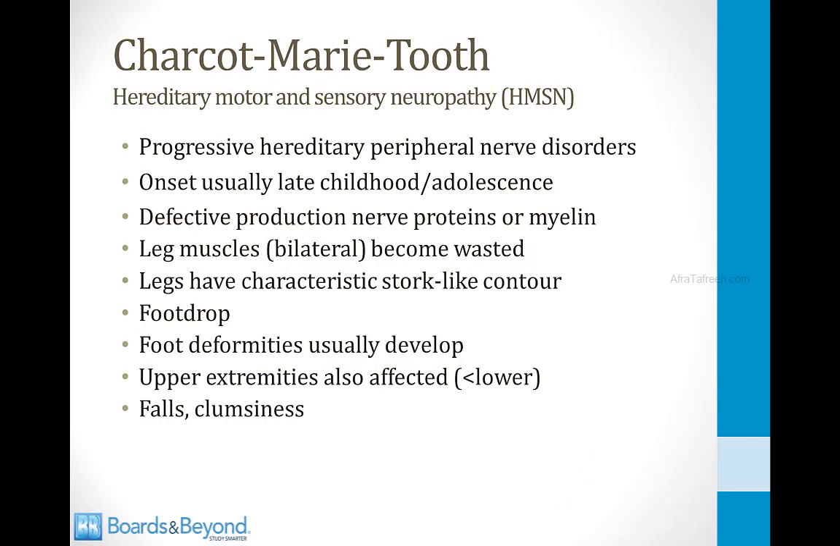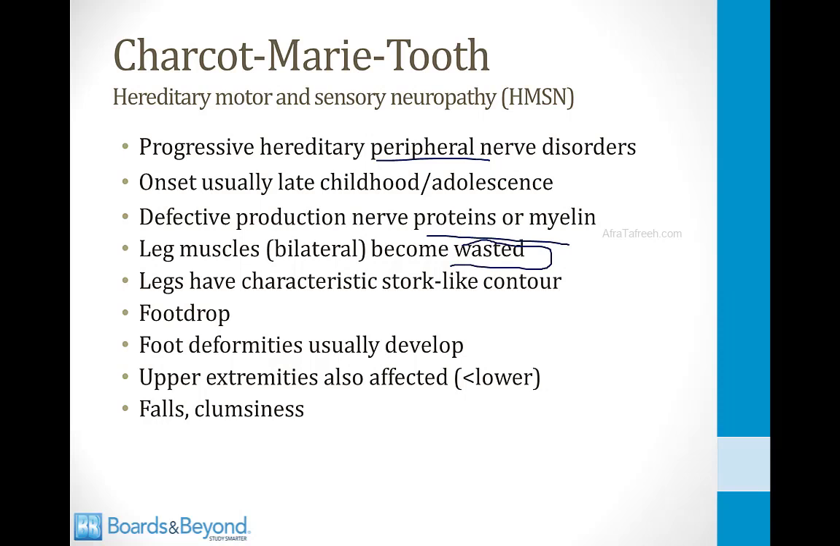Next, we'll talk about Charcot-Marie-Tooth, which is a very rare hereditary condition. It's also called hereditary motor and sensory neuropathy. It's a progressive problem of the peripheral nerves, and mostly it affects the lower extremities. The peroneal nerve is one of the most commonly affected. So this will happen to older kids or people in adolescence. And what happens is they get defective production of proteins and myelin, and basically their legs become wasted because of